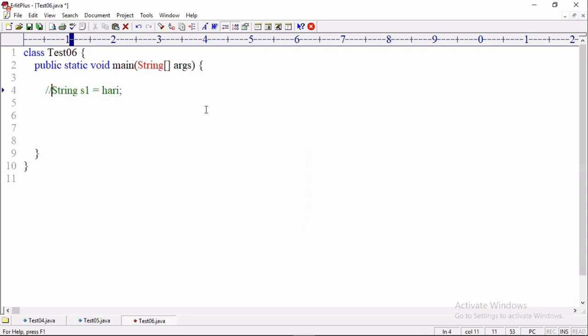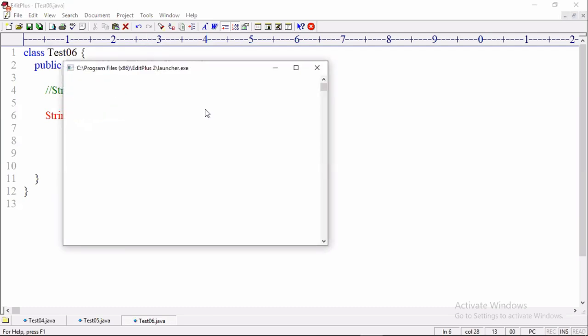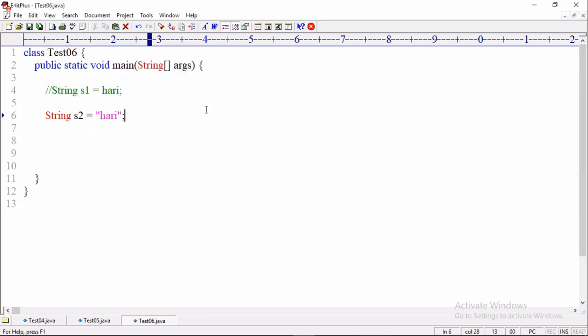If you want to tell the compiler and JVM to treat it as a word, not as a variable, you must write it in double quotes. Now it compiles successfully. Do you understand that?